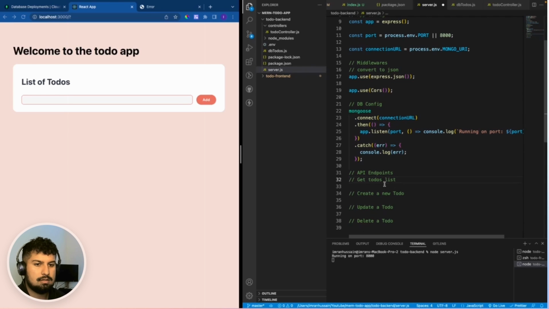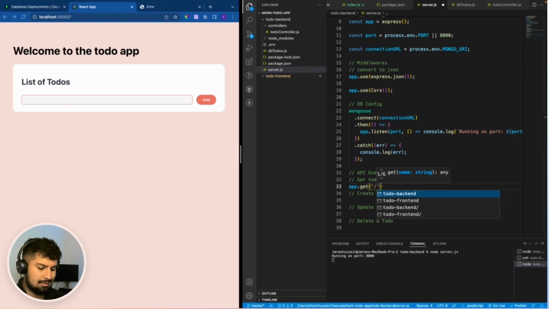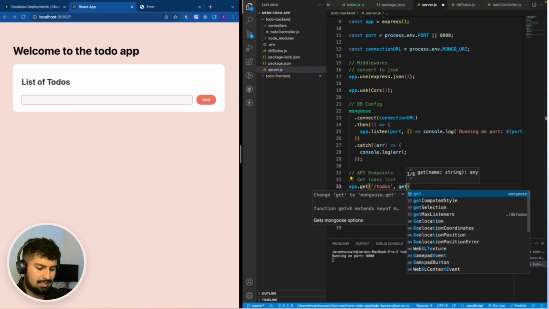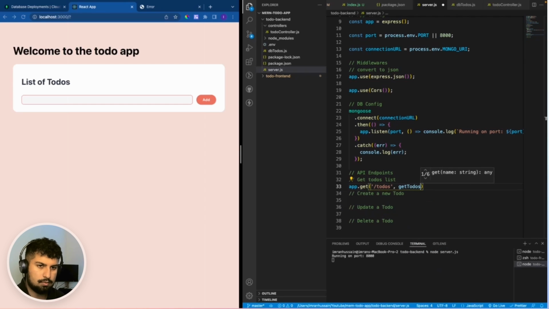So in here, the first one is going to be app.get, and the endpoint that we want to get is /todos, like so. And then the second argument is normally a callback function, which we will create in the controller file just to make the server.js file lightweight and neat. So what I will call this callback function is getTodos, like so,